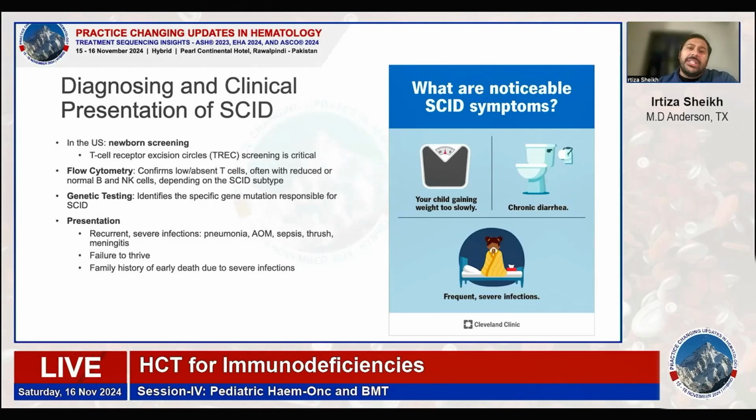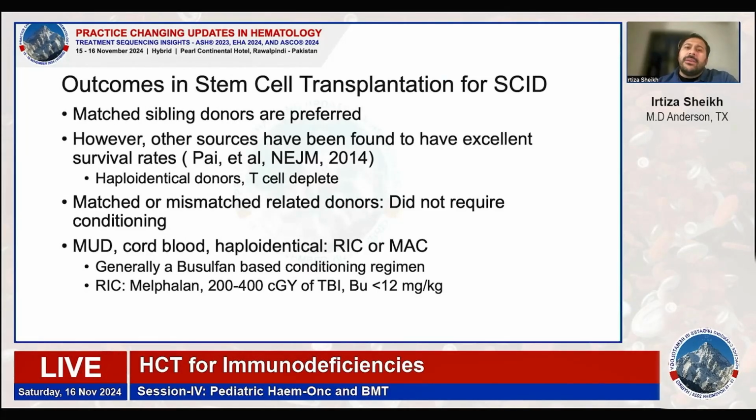In terms of the presentation, these patients generally will present with frequent and severe infections, ranging from pneumonia, meningitis, and sepsis, as well as treatment-resistant thrush. Moreover, they will present with failure to thrive, and their fall from the growth curve or from the chart is usually very apparent. In this immunodeficiency, at least, oftentimes the best and only cure is going to be a stem